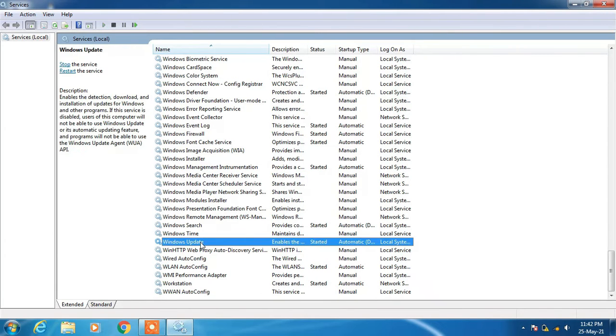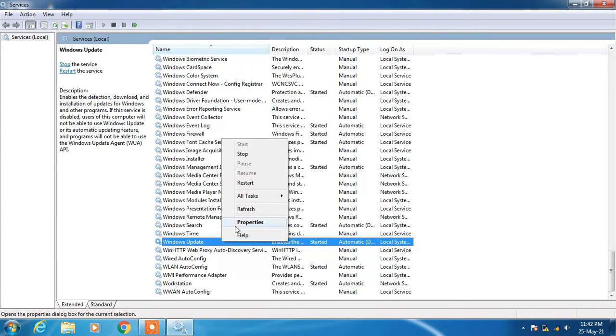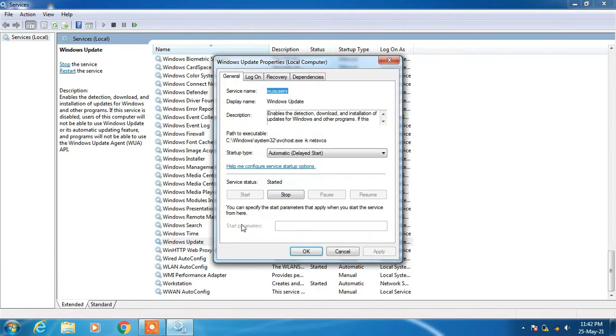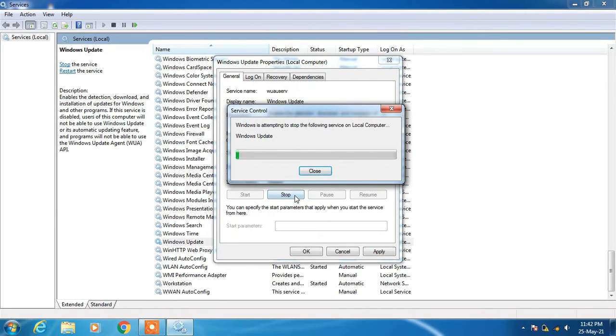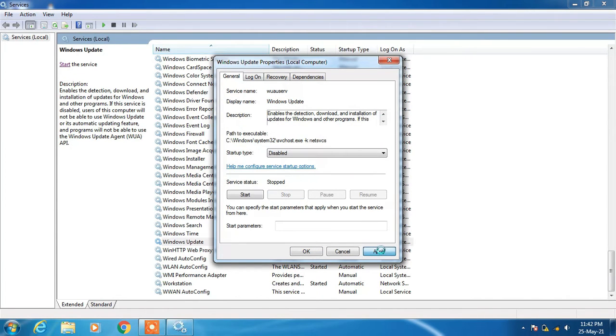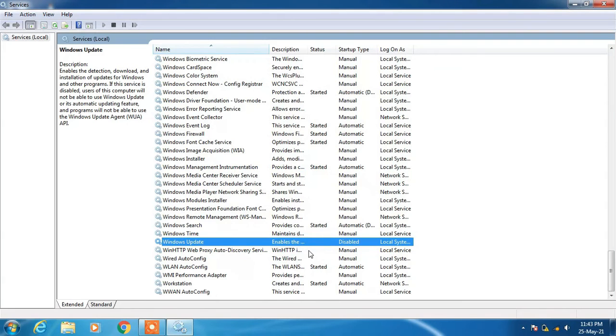So here it is, just click on it, right click over it, click on the properties option, and now just change the startup type from automatic to disabled. After this, just click on the stop button to stop this service, click on the apply button and click on the OK button.